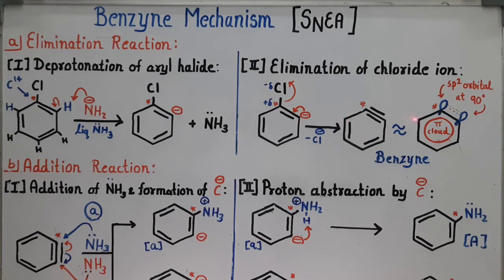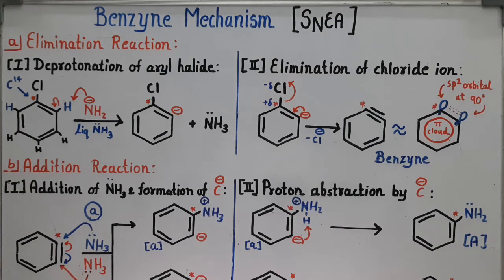In benzyne, two sp2 orbitals of the ring overlap out of the plane of the aromatic pi cloud, that is actually at 90 degrees to the plane of the pi cloud. Here we can imagine that this red colored pi cloud is at the back and front of the plane of the board, while these overlapping orbitals are in the plane of the board.